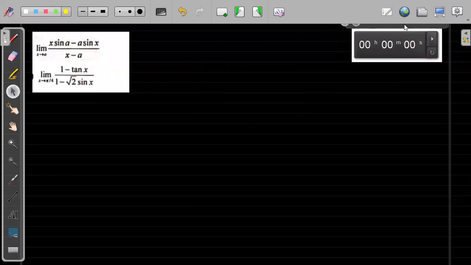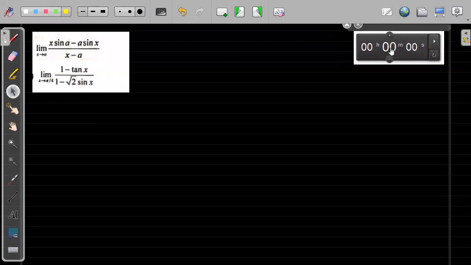Sin A minus A cos A. Very good, very good. Sin A minus A cos A. Very good. Second one also. Why, first one is very easy. Differentiation of first one is very easy. Yes. So tell me the answer for the second one also.